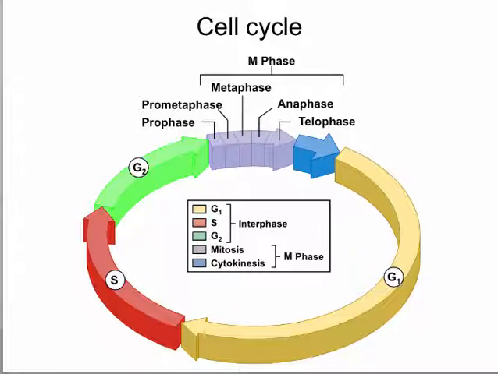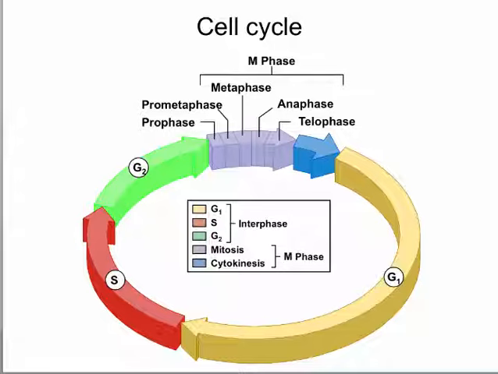Cells that will divide then will have to prepare to do cell division, and the first step in preparing for cell division is to duplicate your DNA. So you need to make a copy of that DNA so that you can give one to the daughter cell and keep the other one for yourself. And that is what is called the S phase. So it's S for synthesis, because this is when the synthesis of DNA is happening. So this is the S phase, where you're making a copy of the DNA.